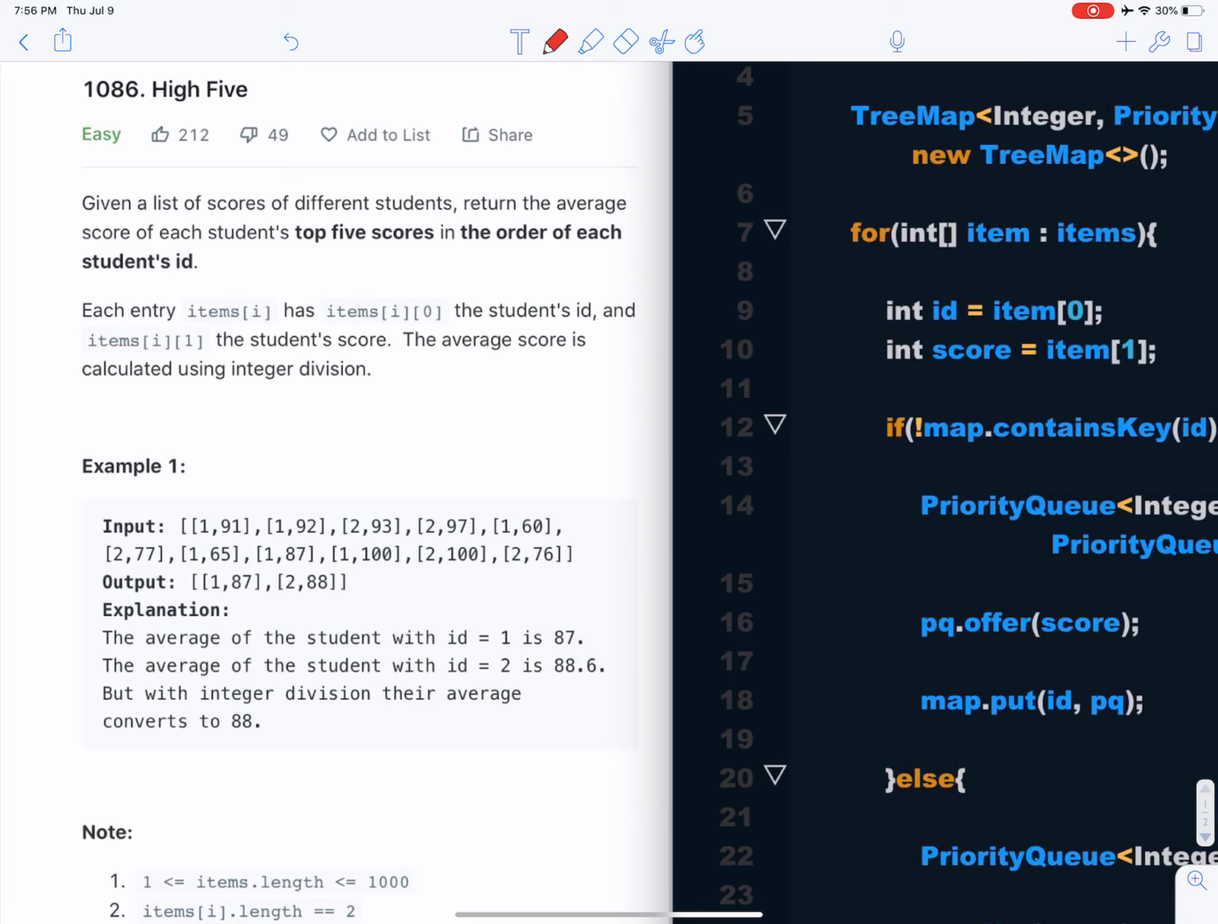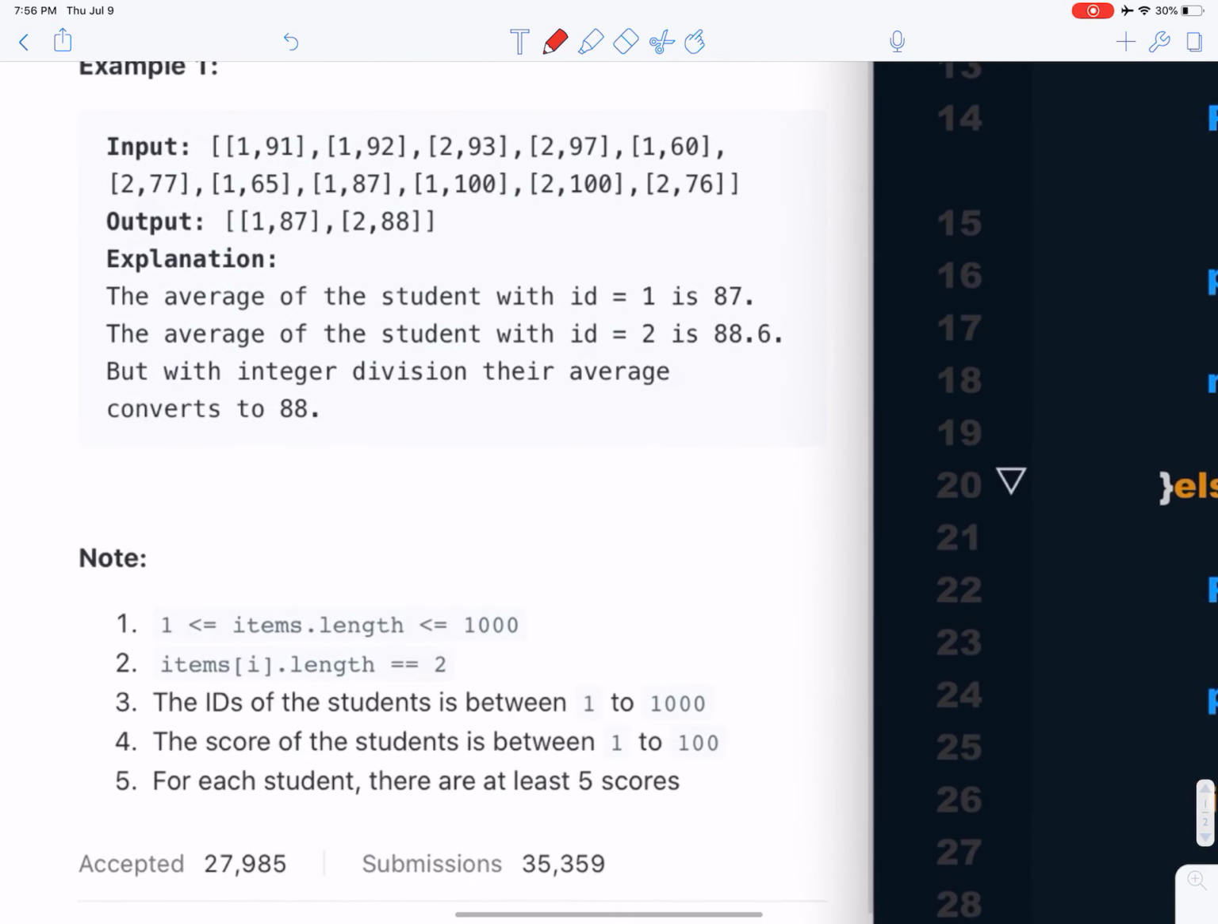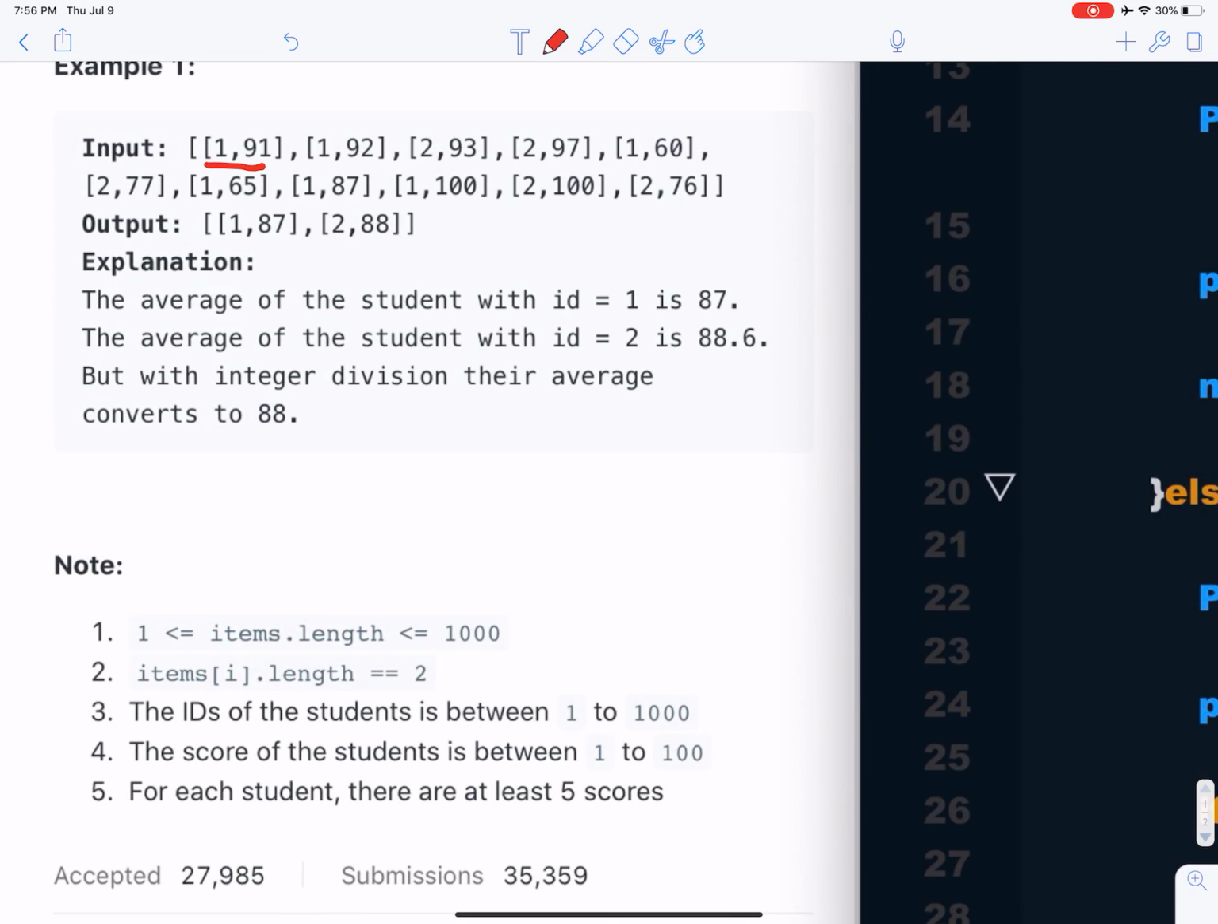Okay, so let us talk about this question. What's the meaning of the question? Forget about this, let us start from the example. Basically here you can see an array like this. One means the student ID, and two is the student ID, but the record